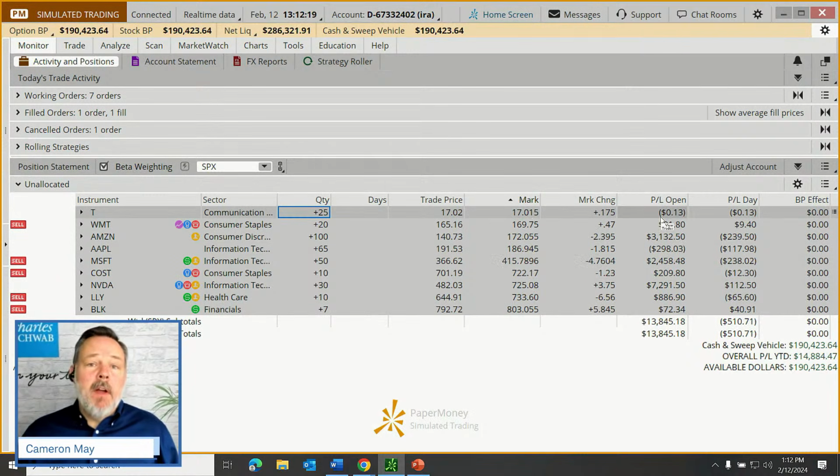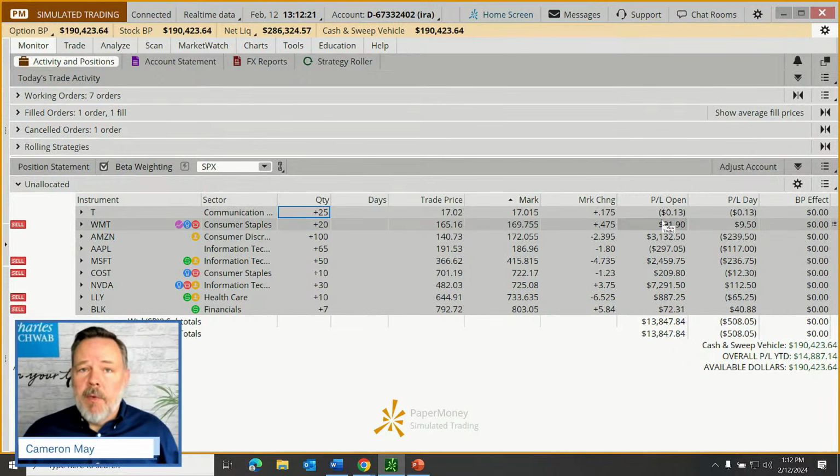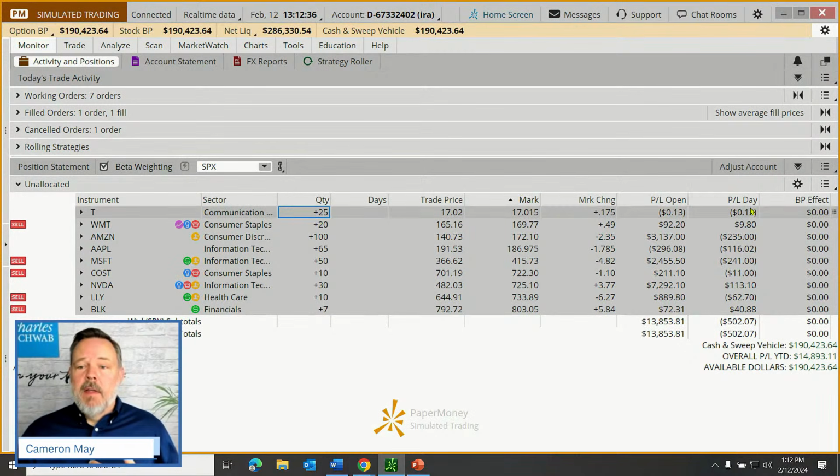But there are also a couple of other columns that a new user of Thinkorswim might want to be familiar with. That is the PL open and the PL day. PL day, you might have already guessed this. P stands for profit, L stands for loss. And this is just the time frame that's being used to calculate the profit or loss. So our first column is how much have we made or lost